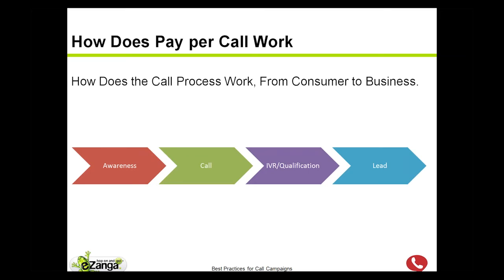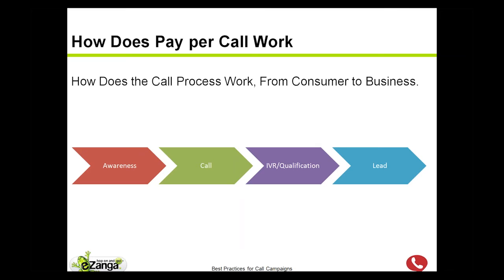But just to get into a little bit more detail, I did talk about that awareness. You may be working with banners, search, or a billboard. You got that awareness, you created that interest for the potential customer, and they're going to want to pick up the phone and call. You could be generating the call through a TV ad. You could be generating it through mobile click-to-call. You could be generating it through a few different ways that we'll get into a little bit later, but at the end of the day, they call. Most of the time, we're operating with an IVR or some sort of call center qualification that we'll get into some best practices with as well. And at the end of the day, they're going to turn into a lead.